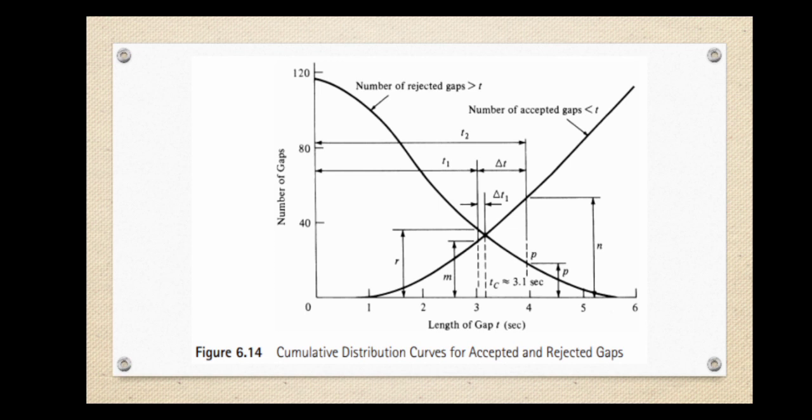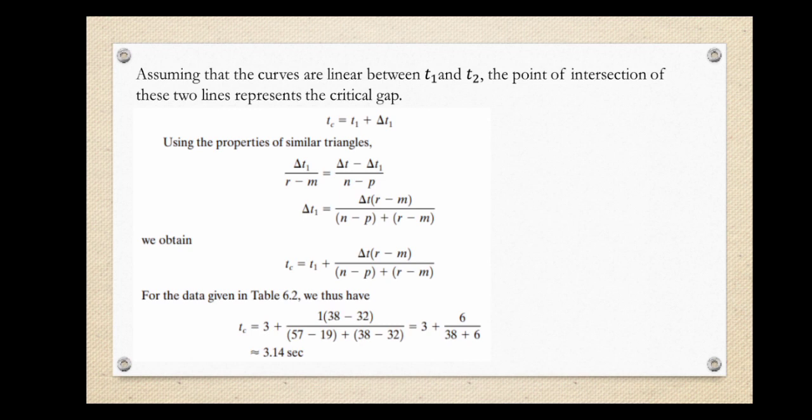In using the algebraic method, it is necessary to first identify the gap lengths between which the critical gap lies. Assuming that the curves are linear between t sub 1 and t sub 2, the point of intersection of these two lines represents the critical gap. The t sub c is equal to t sub 1